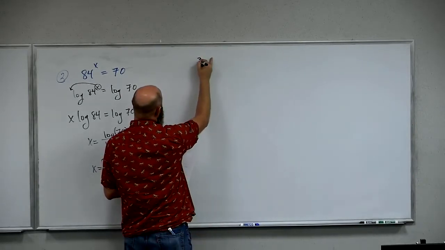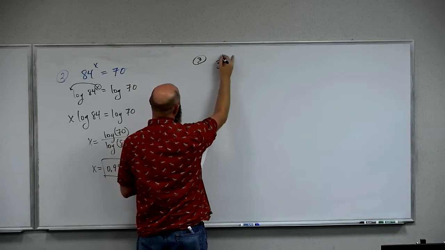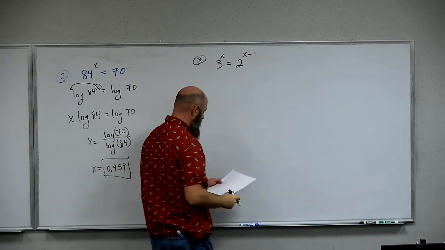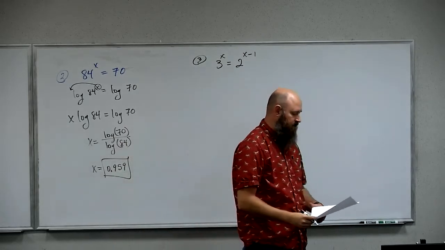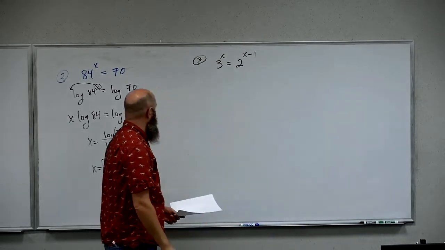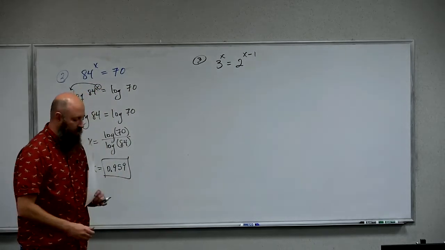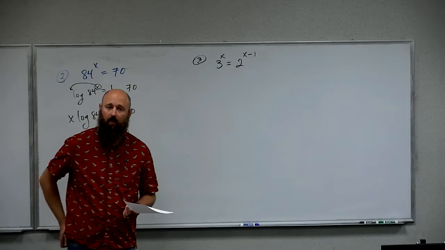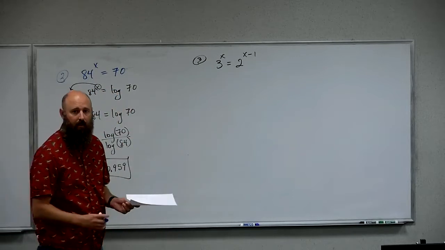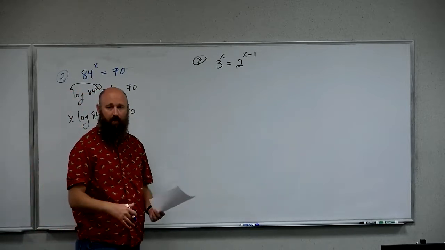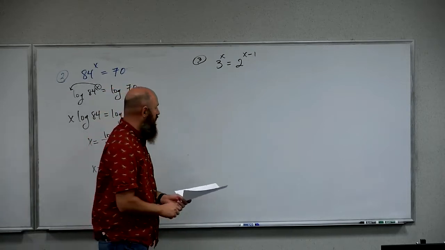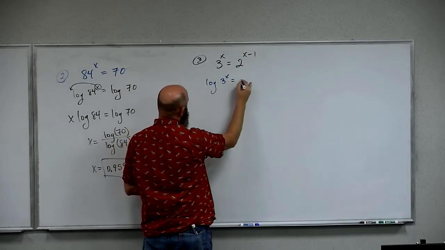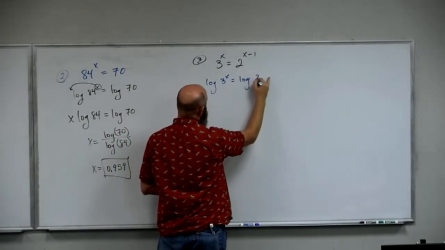Number 3. 3 to the x equals 2 to the x minus 1. Again here, I'm going to have to take a log on both sides for this one because of both of them having exponents. There's no way to write the 3 and 2 to some different power where the bases are going to be the same. So here I'm going to do log of 3 to the x equals log of 2 to the